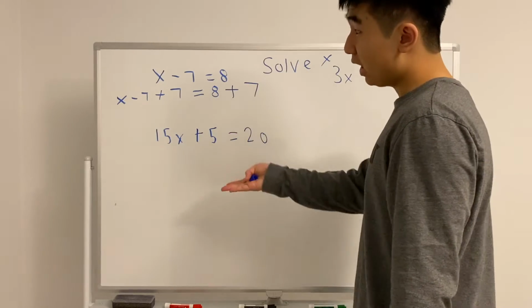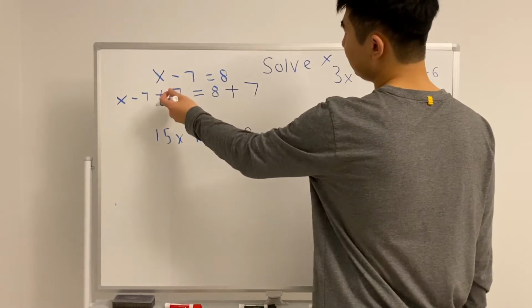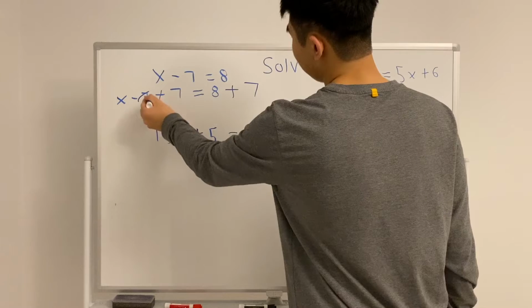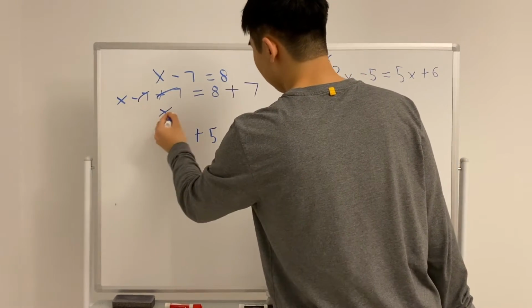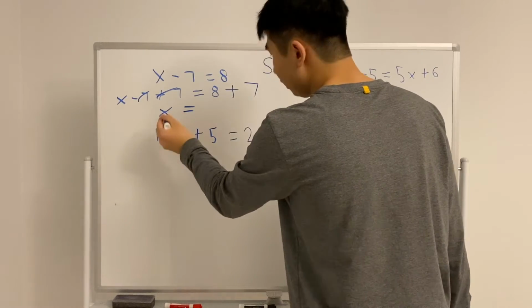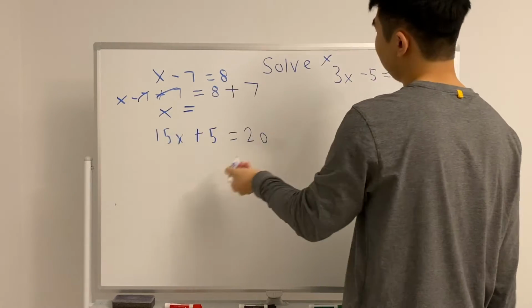So now that we've done that, x minus 7 plus 7 is just 0. So we don't have to write x plus 0, it's just x, right? And now we've isolated the x. So what's 8 plus 7? 15,